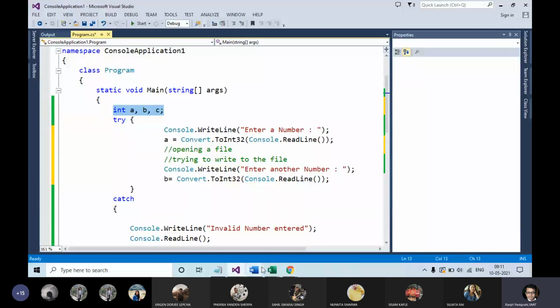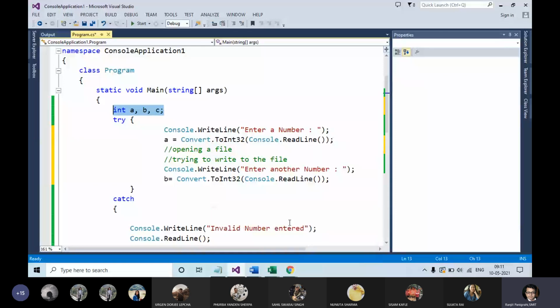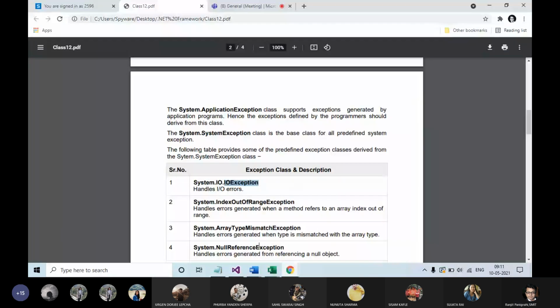Now think of a situation where there is no memory left, or it may happen you are writing some text to a printer where the printer does not exist. Those kinds of exceptions are basically called input output exceptions. To handle those exceptions, the IOException class can be used.